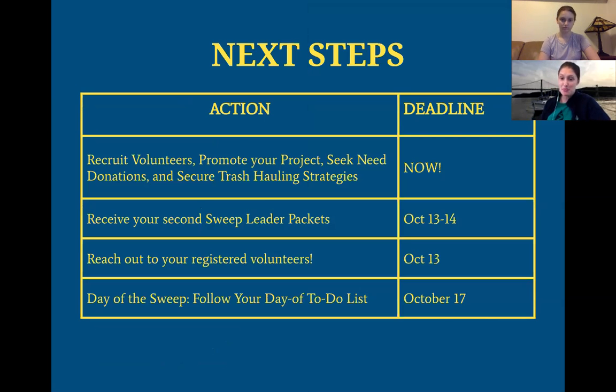So next steps. These are directly off of the Sweep Leader checklist, which is your best point of reference for keeping up to date with Sweep planning action items. So the next steps you should be working on right now are to recruit volunteers, promote your project, seek any needed donations, and secure your trash hauling and recycling strategies. Then,